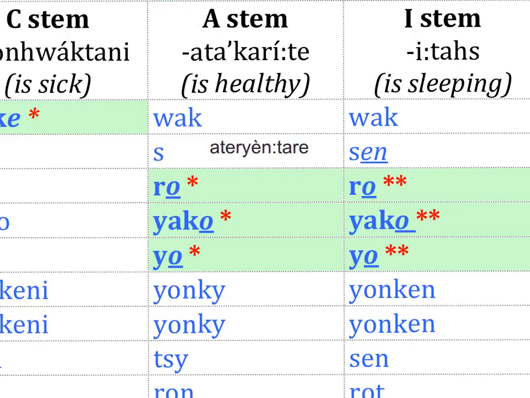We can use it right here like this, wagaderyandere, I know, saderyandere, you know. But when we move it down here to these prefixes that end with the letter O that are underlined, because those vowels are underlined, we would replace that letter A from our root and we would instead get roderyandere, yagoderyandere,